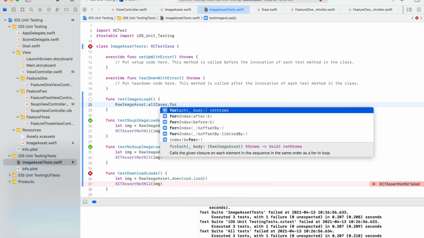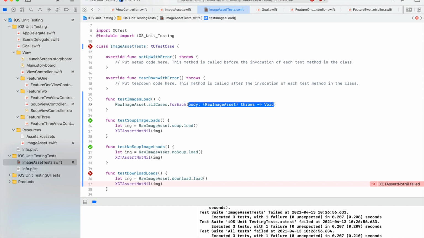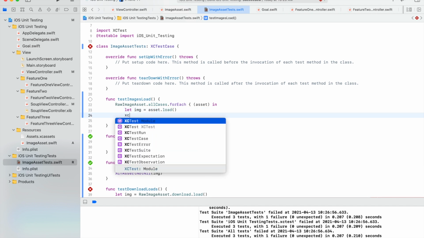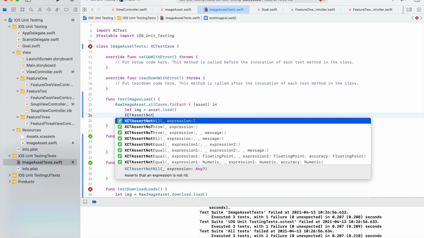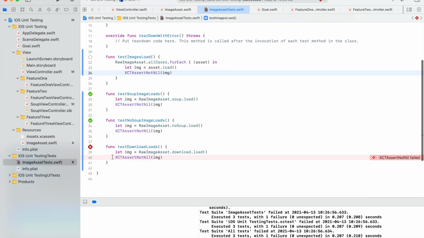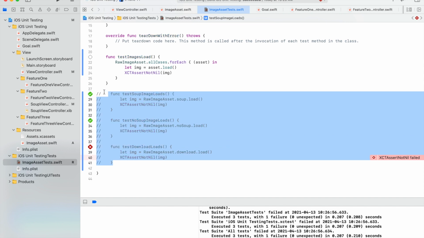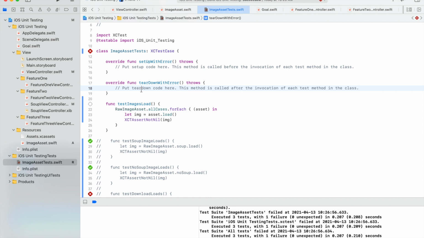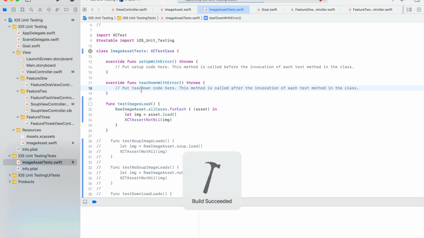We'll do a for each. So now I could get rid of these individual tests and just run this one test that'll loop over all of my assets. So if I run the test now,